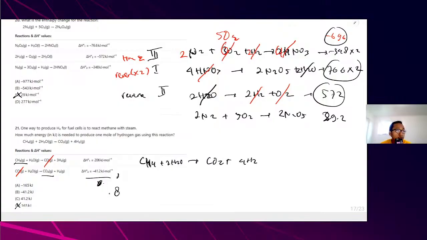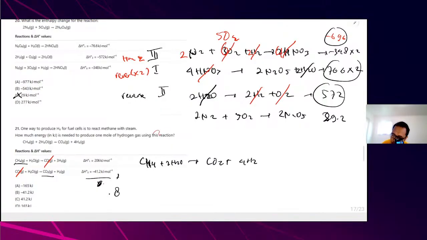Number 20. Oops, why 21? 21. How much energy in kilojoule to produce 1 mole? The question is 1 mole of hydrogen. Oh, 1 mole of hydrogen. Remember, this one is so important. 1 mole of hydrogen. So yeah, we already ended up getting